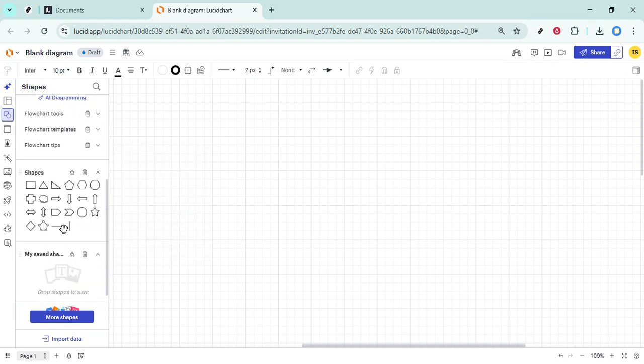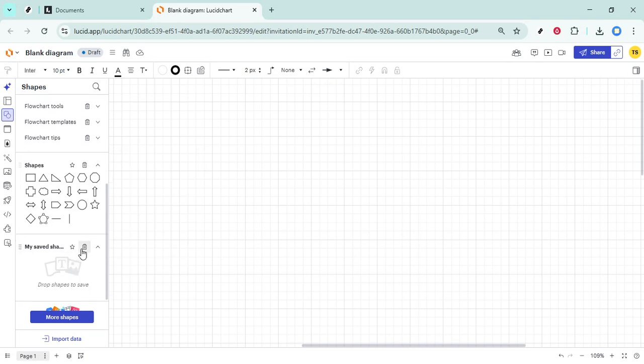Now, within that left panel, locate the option for lines. Depending on your view, you might see a simple diagonal line icon. Click it to activate the line tool. You'll know it's active when your cursor changes, usually to a crosshair or a drawing indicator, signaling that you're ready